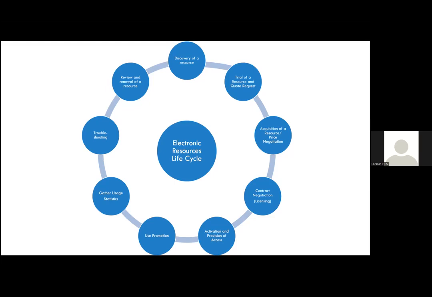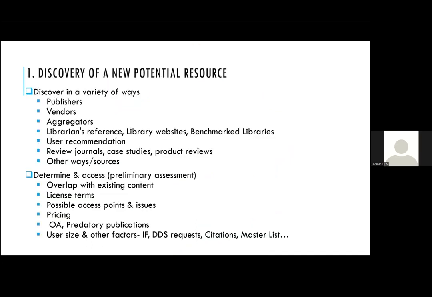So I'm going to quickly run through some of these steps in the electronic resources life cycle. It's nothing but a kind of checklist for all of us to look at. How do we go about identifying the potential resource when we want to subscribe? One source is the publisher, and of course vendors. In the case of electronic resources, we hardly depend on anything but vendors or aggregators. And of course, we look at the references coming from librarians.